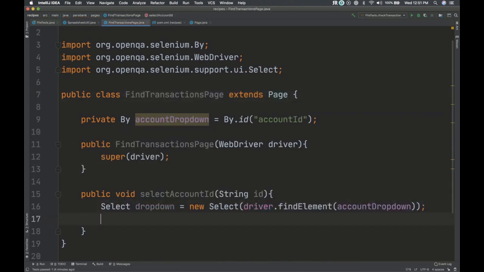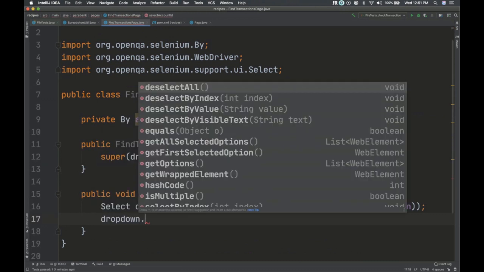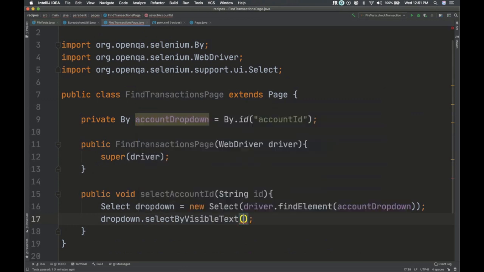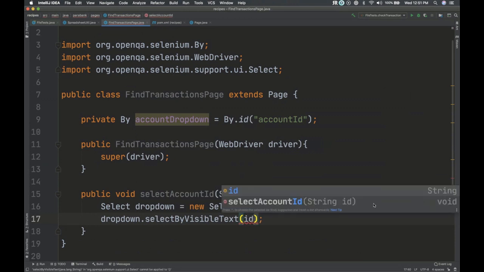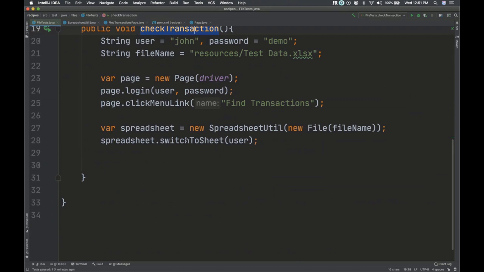Okay, so I have the dropdown, and now I want to say dropdown dot select by visible text. All right, and that will be the ID. Okay. Very nice. And let's put that in our test.